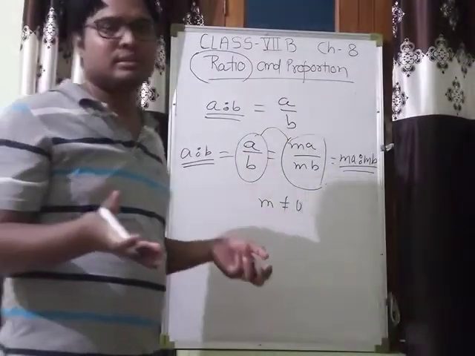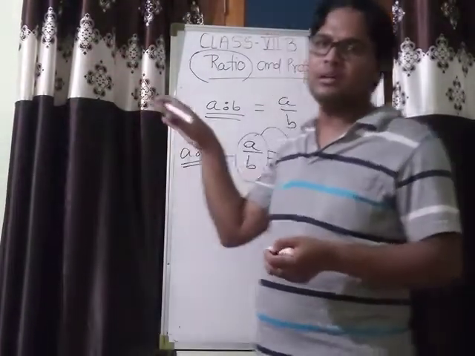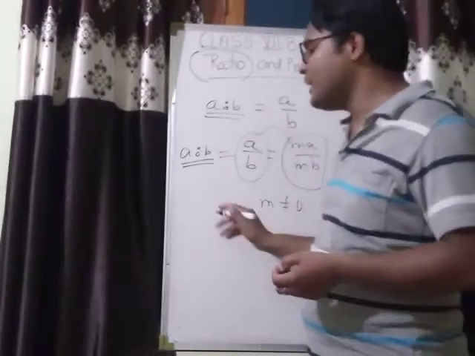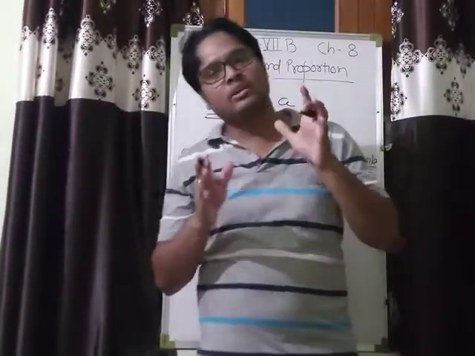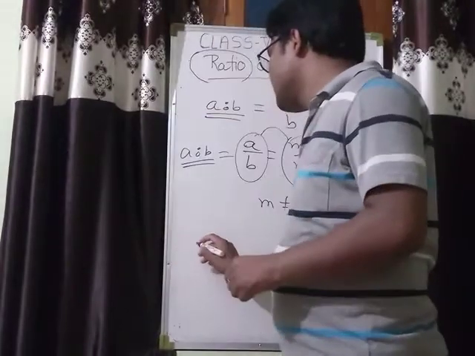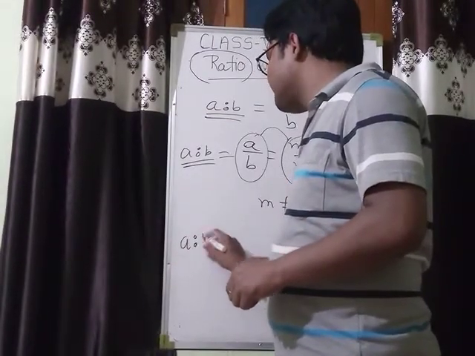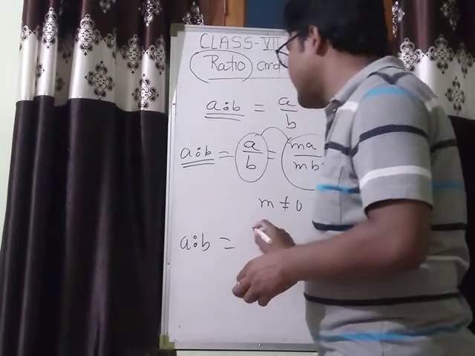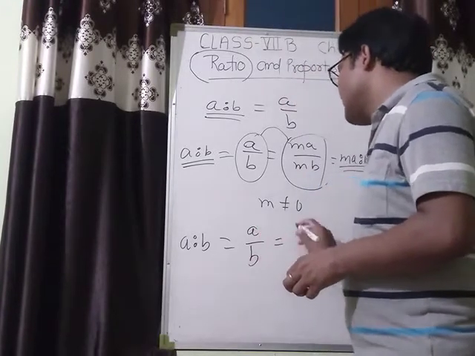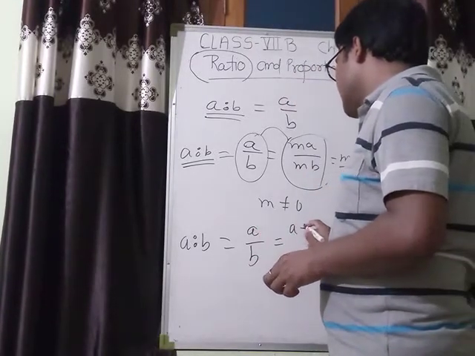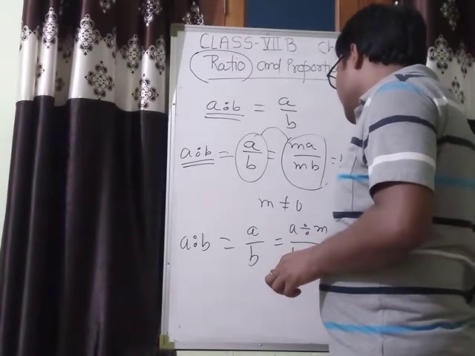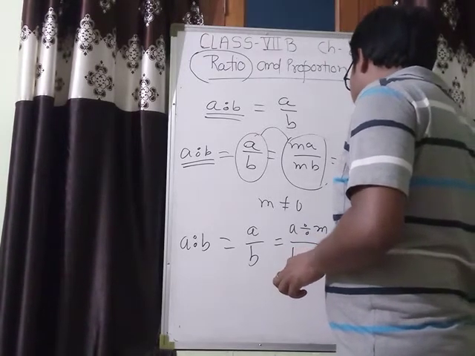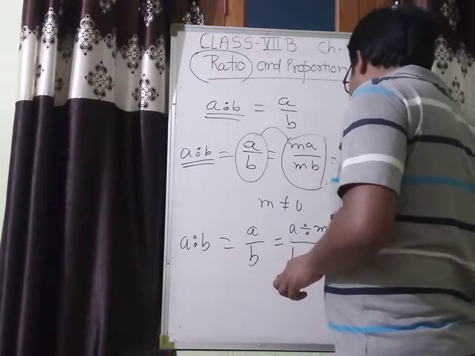And same as in the fraction, we can also divide both numerator and denominator by the same non-zero constant. So in this case also we can divide it. See, that is written as a upon b, and a can be divided by m, b can also be divided by m, clearly this one will be a upon m and this one is b